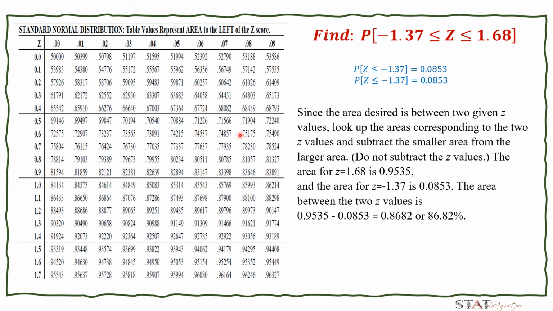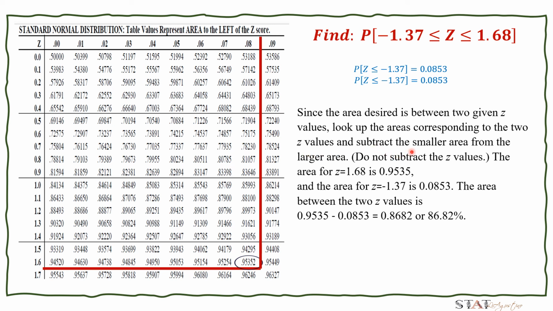And then for 1.68, we have the value 0.9535. So since the desired area is between two given z values, look up the areas corresponding to the two z values